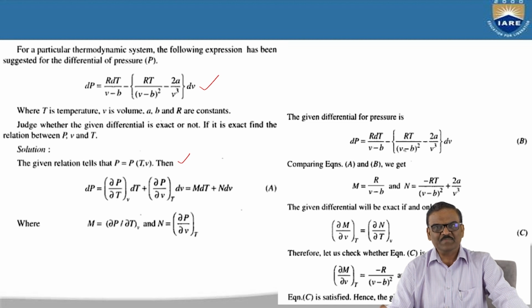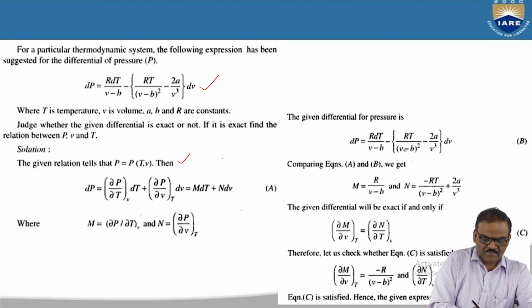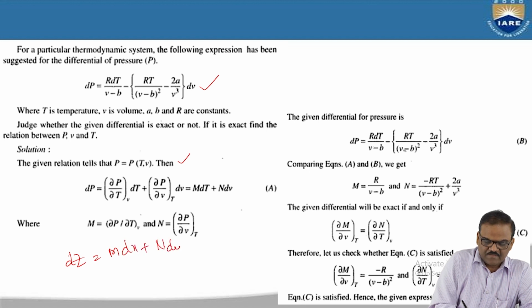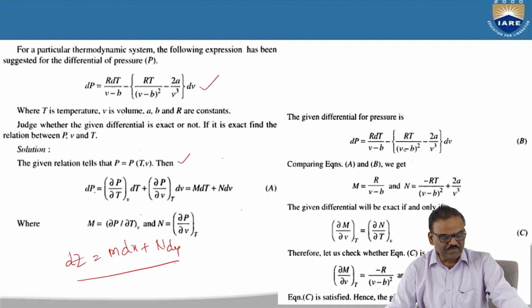Therefore, in the previous slide when we have written dz is equal to M dx plus N dy, similarly we want to write this as dp is equal to